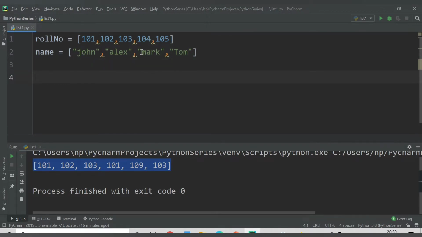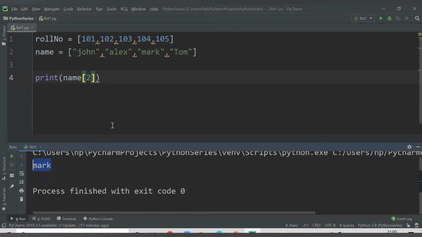If I want to get only one particular name in this list, let's say I want to get the name Alex, how can I get this data item? Let's say I want to print Alex. I will take the variable name, which is name. I need to provide the square brackets, and Alex is stored at the second location. First one is John, second is Alex. So I will write here 2. So name of 2 I want to get. Let's save this and run.